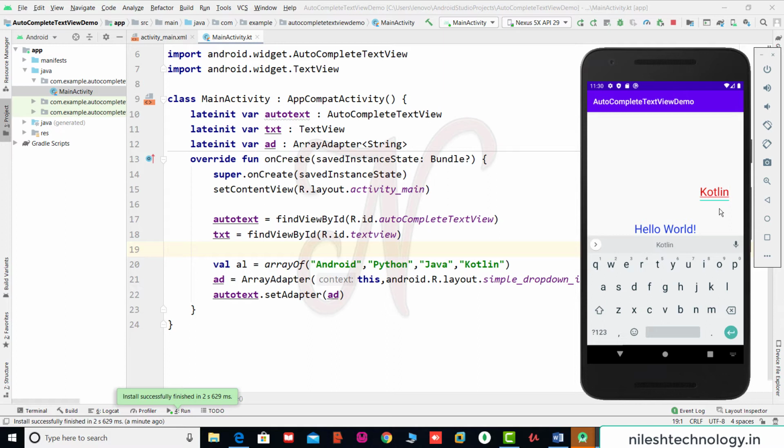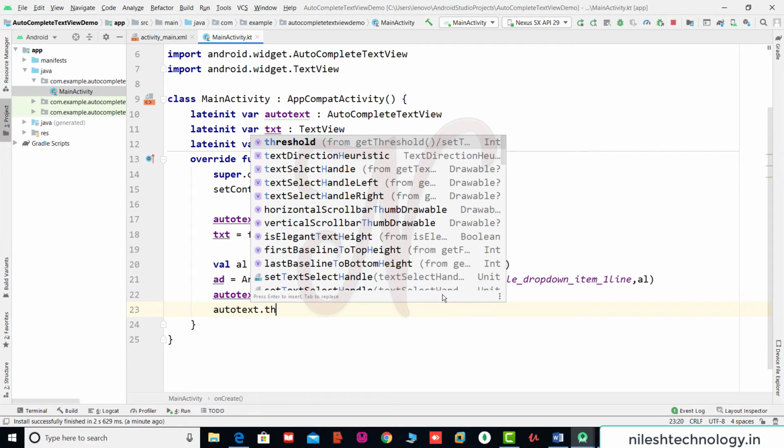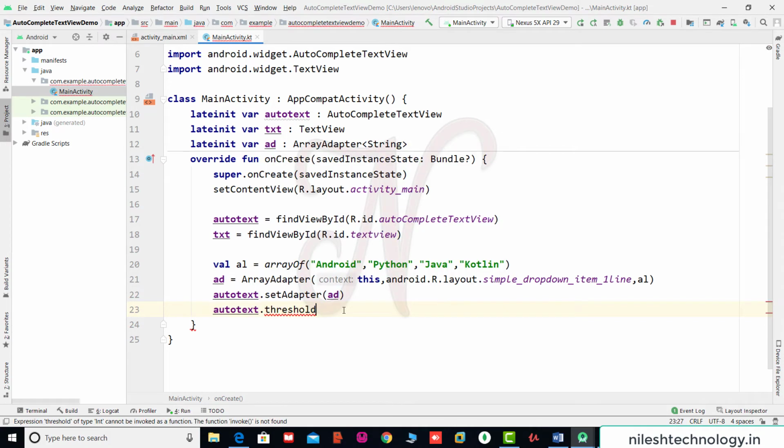So if you want to change this suggestion, use the threshold function. So see here, autotext dot threshold is equal to 2. So save these changes, again test this code.